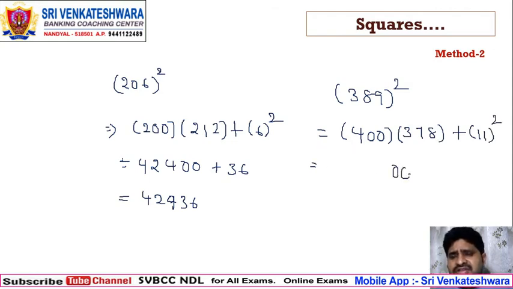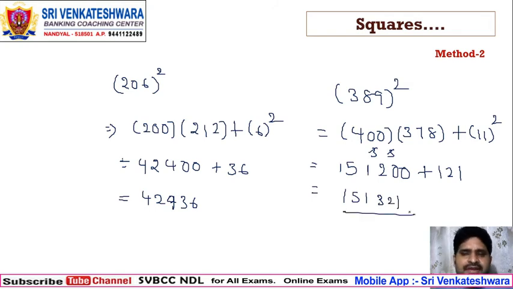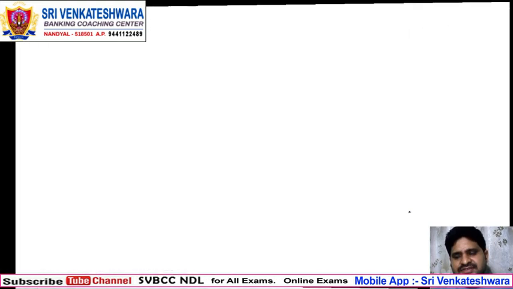And the double zero is common, we simply have to multiply with the 4. 4 eights are 32, I can write it. Next, 4 sevens are 28 plus 3, 31, I can write it. Last one, 4 threes are 12, 12 plus 3, 15, I can write it. And 11 square is the carrier, which is 121. Clear? So we are multiplying 4 into 378 here. If you add it, with the double 0 and plus 121, you get 151321. Clear? So this is how you take the squares.